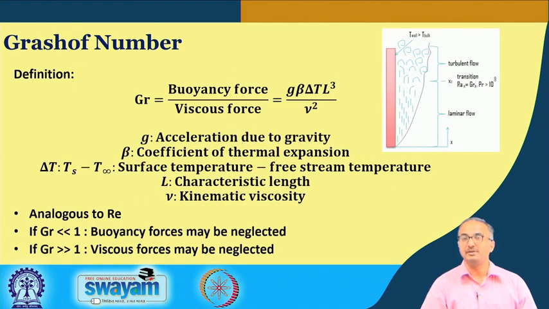Then we have the Grashof number. This Grashof number comes whenever we have natural convection. Okay. That means the fluid movement is happening due to a difference in density, and this difference in density is caused by a temperature gradient. What happens is that when we have a temperature gradient within a liquid, say the lower part has a higher temperature and the upper part has a lower temperature, the lower part will become less dense and will tend to move up into the top level of the liquid.